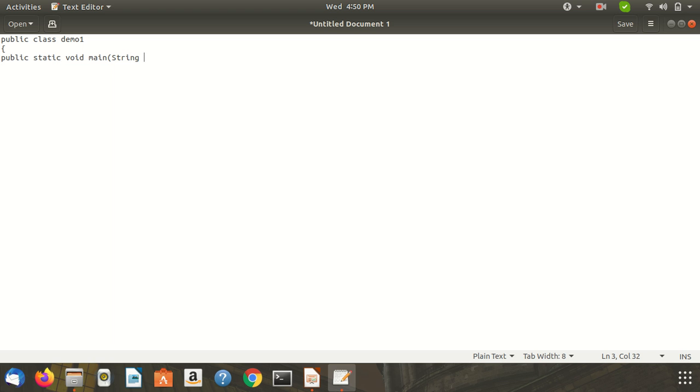These are the inputs to our main method, which are passed through the command line.